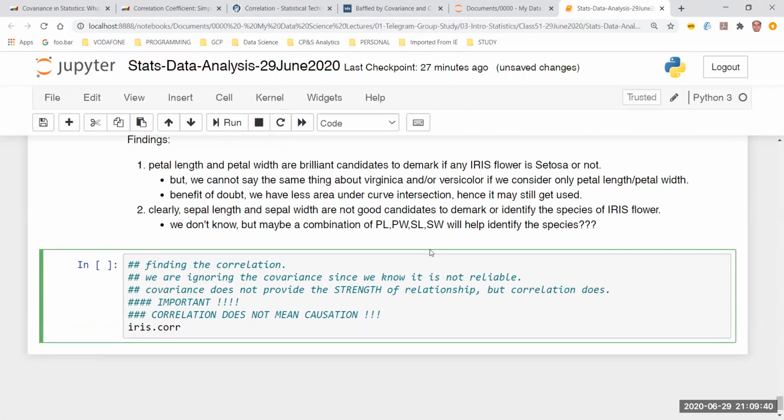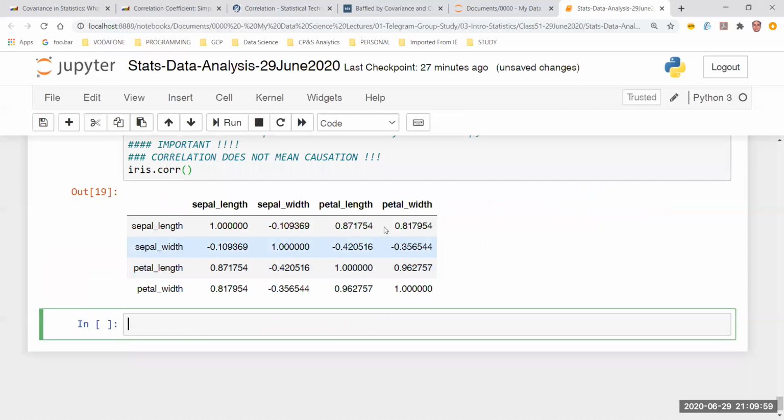That's not the purpose. Here we are doing data analysis. In data analysis, we don't find an answer. We simply analyze. If you want to find an answer, you have to do hypothesis testing. You have to do machine learning. You don't find it here. You're simply analyzing the data, right? Here, I'm simply going to fire this command and I'm going to get a table.